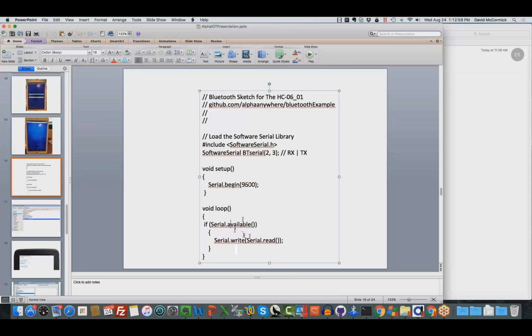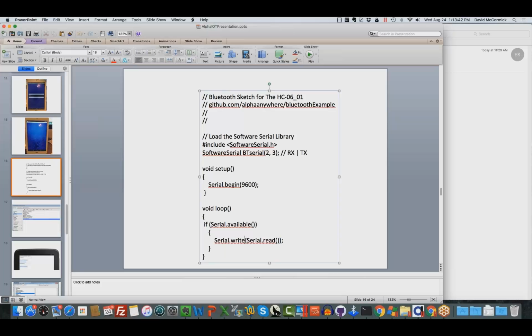Down here, I used a couple of other Bluetooth functions that I had in C called serial available, serial write, and serial read. Basically, this loop just keeps looping through an if statement. The if statement reads as follows: if there is serial data available, in other words, if some serial data has been sent by my application, by my Android tablet, to the Arduino, I want you to read that data, and I want you to write that exact same data back.